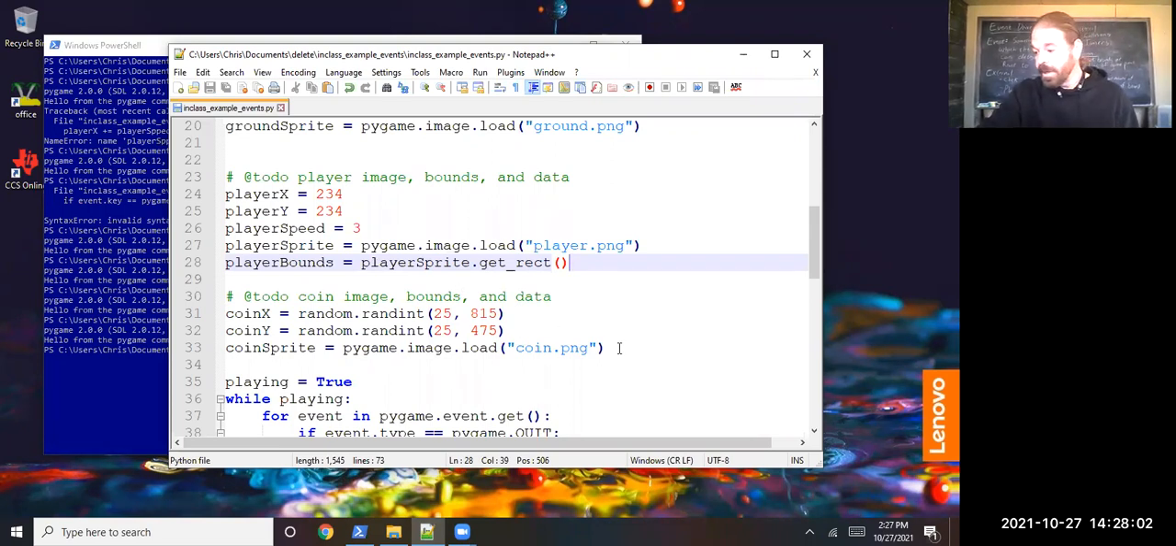And same thing for the coin. Well, I'll go ahead and finish out player first, then we'll do the same thing for the coin. But this is the start of the game, right? This rectangle that we've stored in this variable, well, they're different variables, right? Here's our image and here's our bounds. They're stored in different places. They aren't